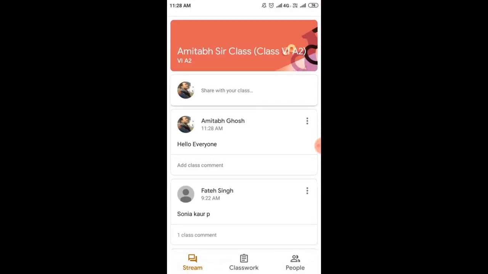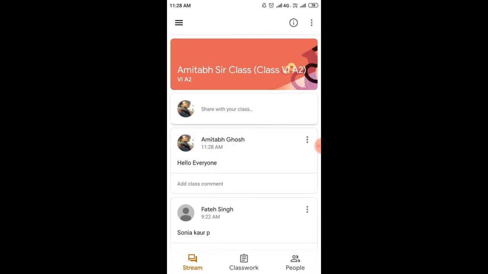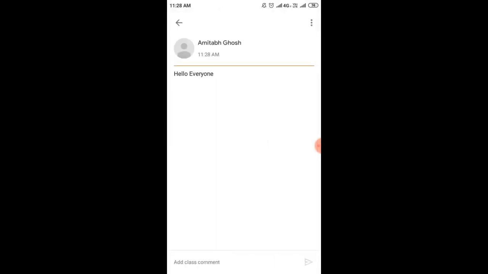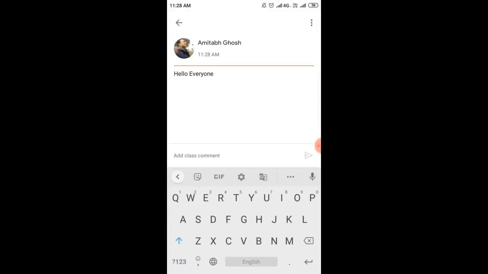But always remember, when you are joining any class, you have to search for the post of your subject teacher, and once you find the post of your subject teacher, click on that post box and then comment below whatever the instructions they have given in the post. You have to check that instruction and then reply in the comment box of the post.